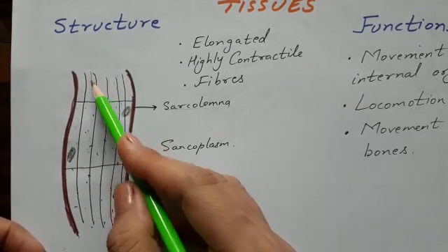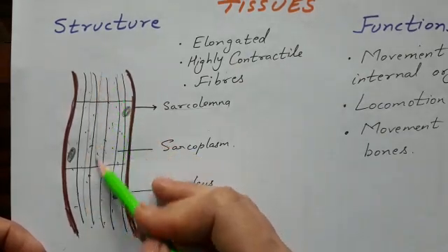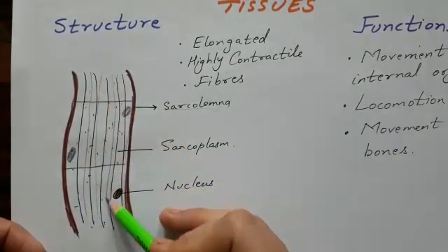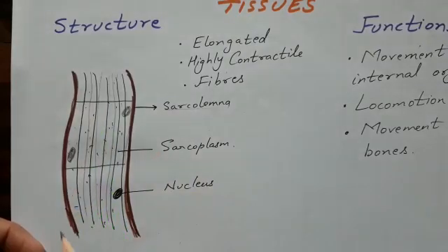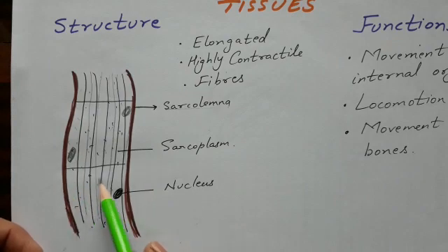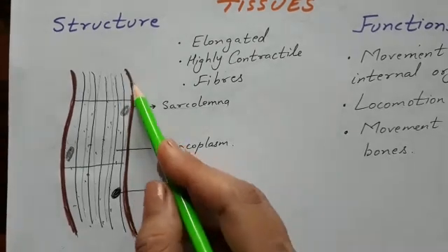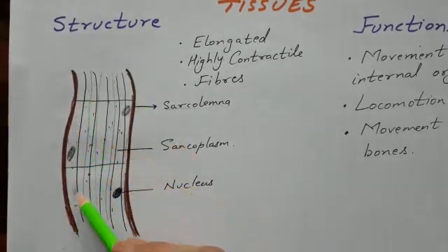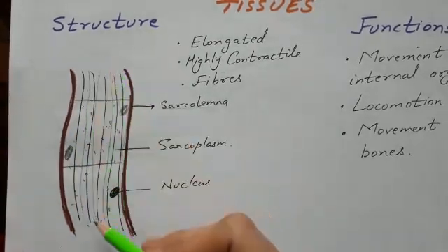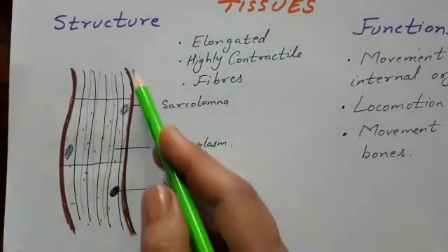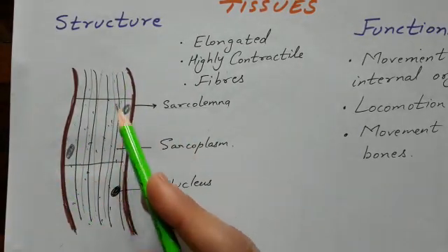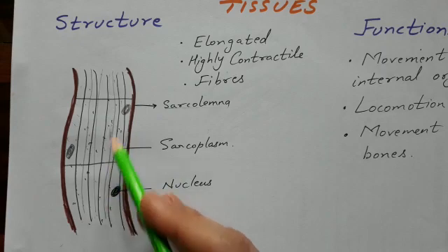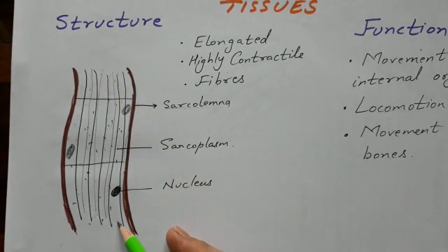These muscle fibers are compactly arranged and they have stretchability. We can understand this with the help of an example of a bunch of rubber bands. If we take a bunch of rubber bands together and hold them tightly, and they are packed in an outer covering, we are able to stretch, expand and contract them. So that type of structure a muscle fiber or a muscular cell has.